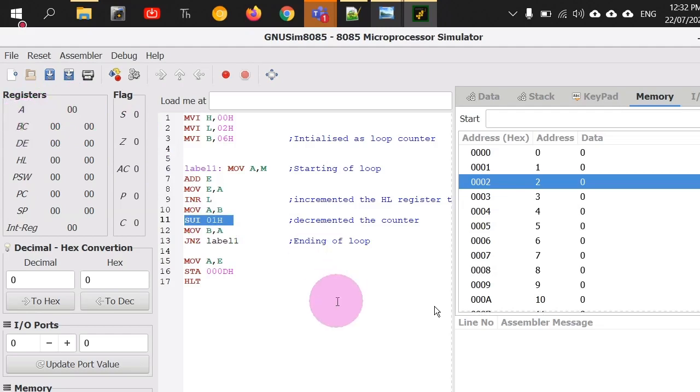Is it understood? Yes, sir. Thank you, sir. Even then, it is not looking for the A register. It is looking for this zero flag, right? The zero flag will be set or reset when the A register, after performing some operation, gets a zero value. So this command JNZ is not looking for either the A register or the B register. It is looking for the setting of this bit. And this bit can be set by which command? Move B comma A or SUI 01H? Obviously SUI 01H, because we have discussed that data movement commands will not change the value of these flag registers.